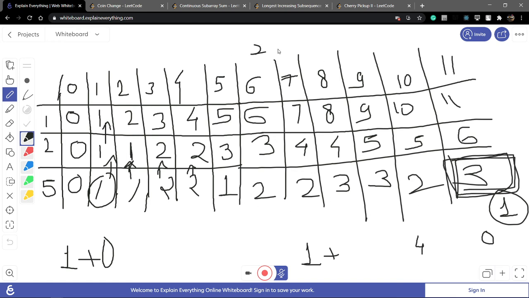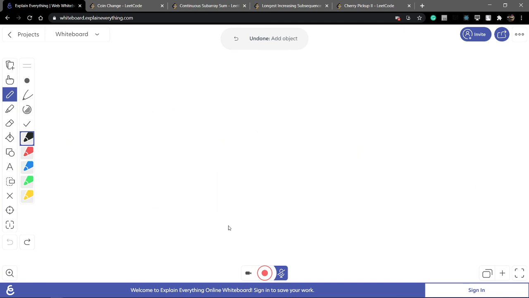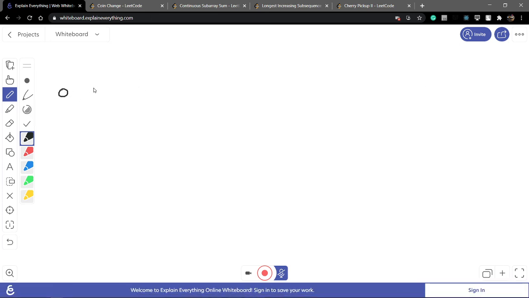This is the 2D way. Now I will also discuss the 1D way. Why? How? Let's redraw this figure again, only the 1D way. 0, 1, 2, 3, 4, 5, 6, 7, 8, 9, 10, 11.